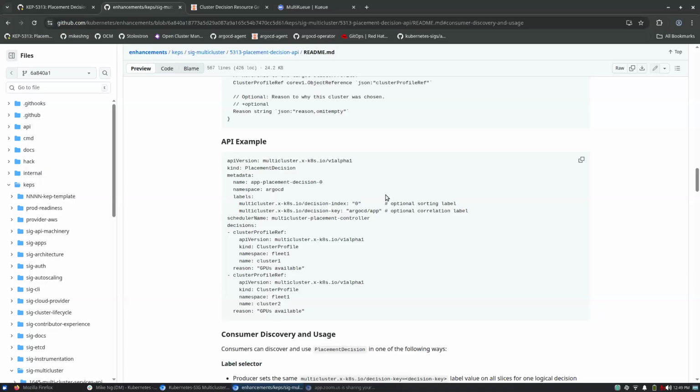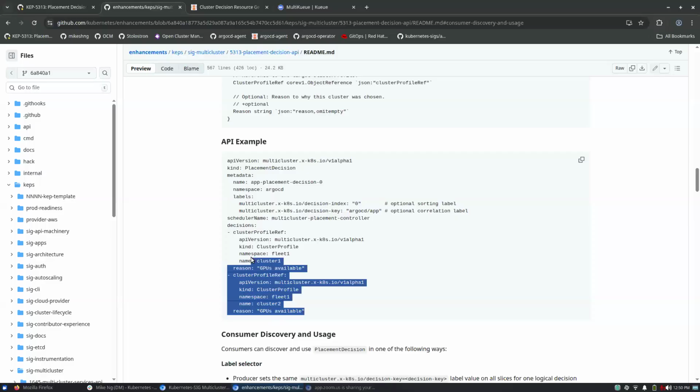No properties of the workload itself. I think it depends. So currently, based on this KEP's assumption, it doesn't know about the workload. We're providing maybe the list of clusters with the most available resources. So in that case, it doesn't need to know what the workload itself is. It's just ranking the clusters based on available GPUs, CPUs, whatever. In this case, it's GPU.